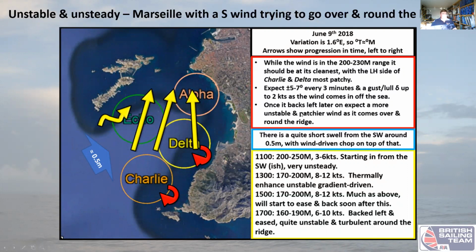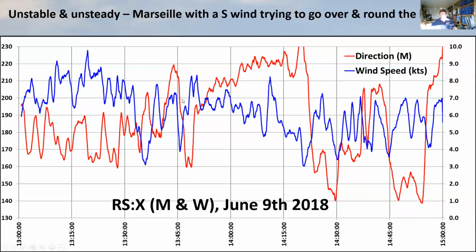And also at the top end of it here, which you can't quite see on the image, there's a big valley. So with just a little bit of wind change there, the wind can start pouring in from that way as opposed to going around there. And if we look at the wind trace from the wind surface that day, again, red is direction and blue is wind speed. Even early on, in the afternoon, 1 o'clock, we still got 20 to 30 degree shifts. And then when things get really hot, which is normally about 2 o'clock, 2:30 in the afternoon, we've got wind going